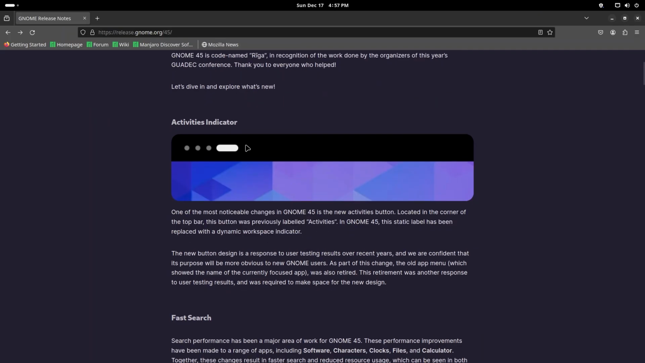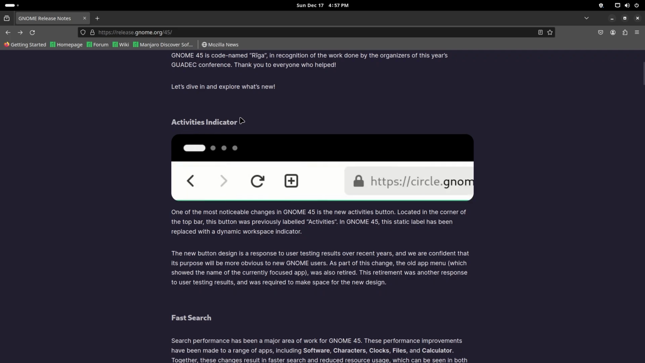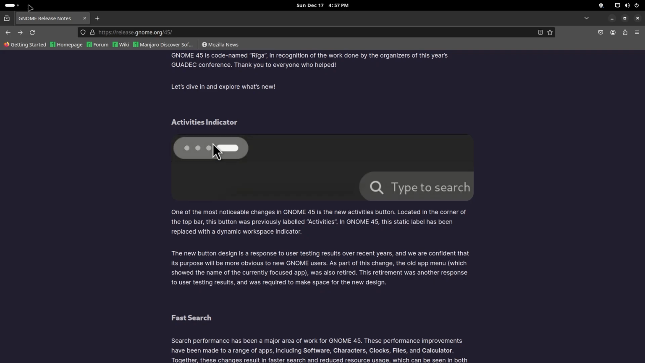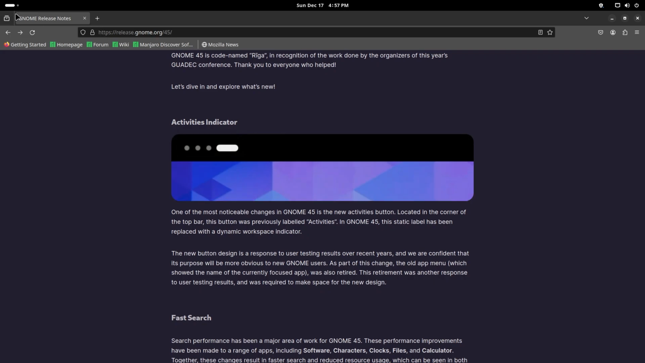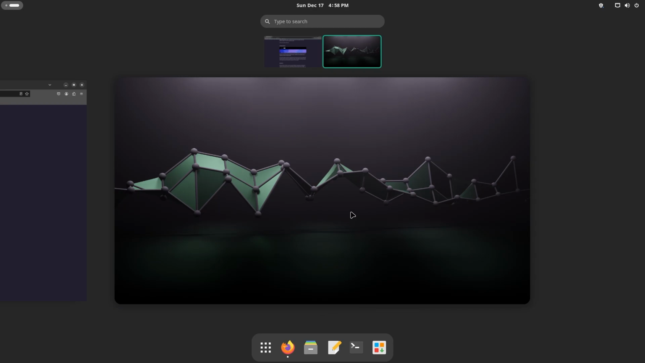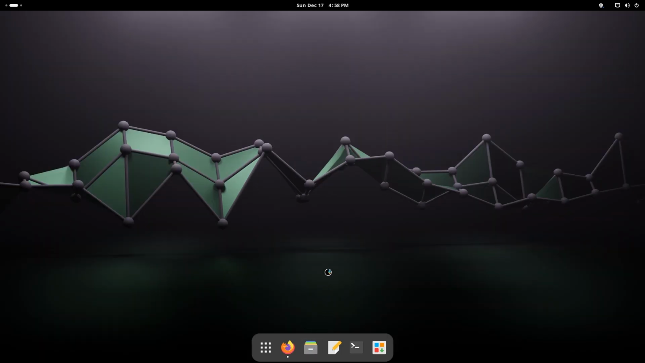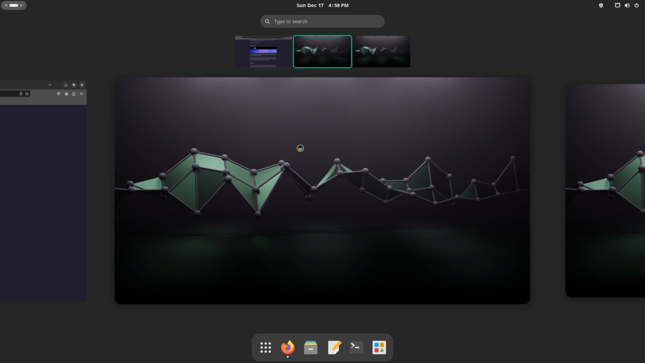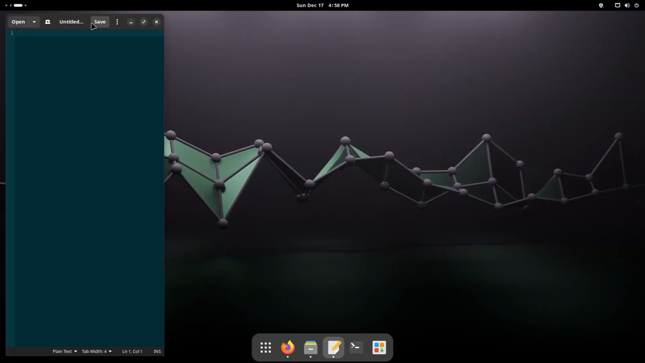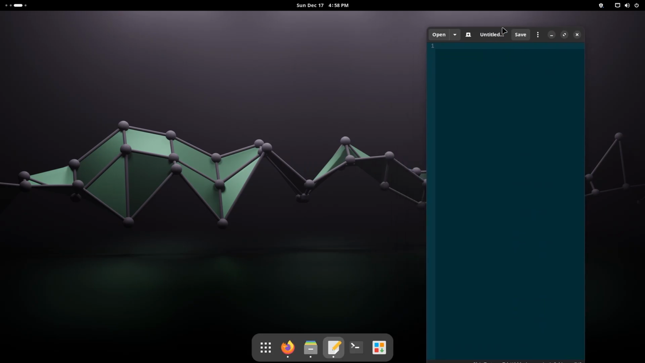So the first thing is the activities indicator. Before, I remember we used to have activities overview or something of that sort mentioned at the top left corner, but that is not the case anymore. So once you click on it, you're going to be shown the workspaces. You can add other items. So let's say, for example, I add files to this and I open another workspace and I add gedit to this. So what's going to happen is,